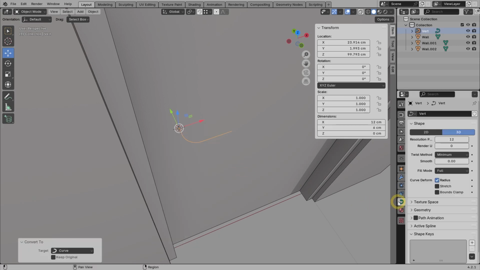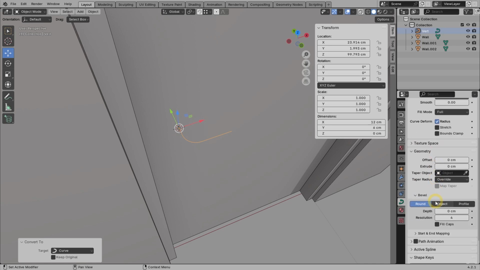Open the geometry parameter in the properties panel. Now, we want to make the curve look like a long tube with 2.5 centimeters thickness. Because this depth value is actually radius, not a diameter, we need to input it by halving the target value. So type 2.5 centimeters divided by 2 and enter.